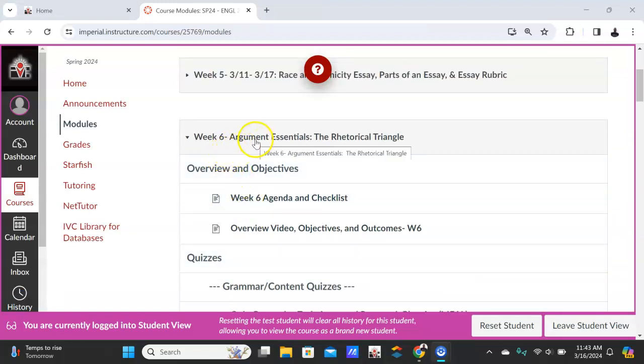We're going to start going over the argument essentials, and we're going to start with the rhetorical triangle, which would be ethos, pathos, and logos. And we're going to start talking about